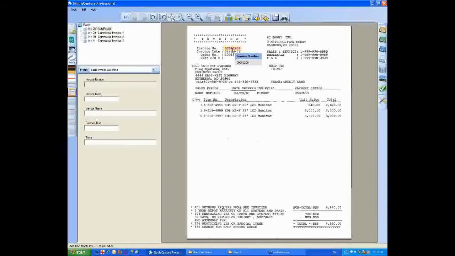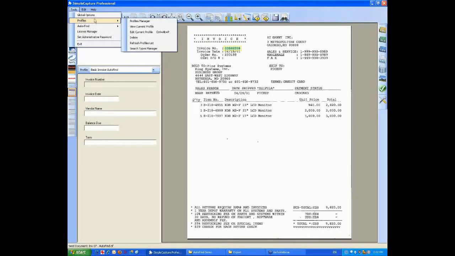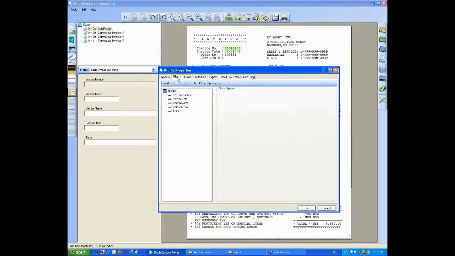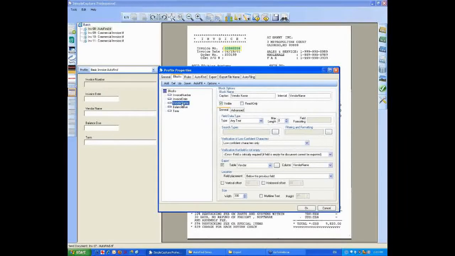Okay, and I'm also going to quickly show how AutoFind is configured. Some of you may think that it's a complicated procedure or that programming or scripting is required. In fact, it's very easy to do. All you have to do is edit your current profile with the profile editor. Simple Capture comes with a profile editor where you can change or add more fields, create rules, set your export and other options. And for each block that you want to extract,